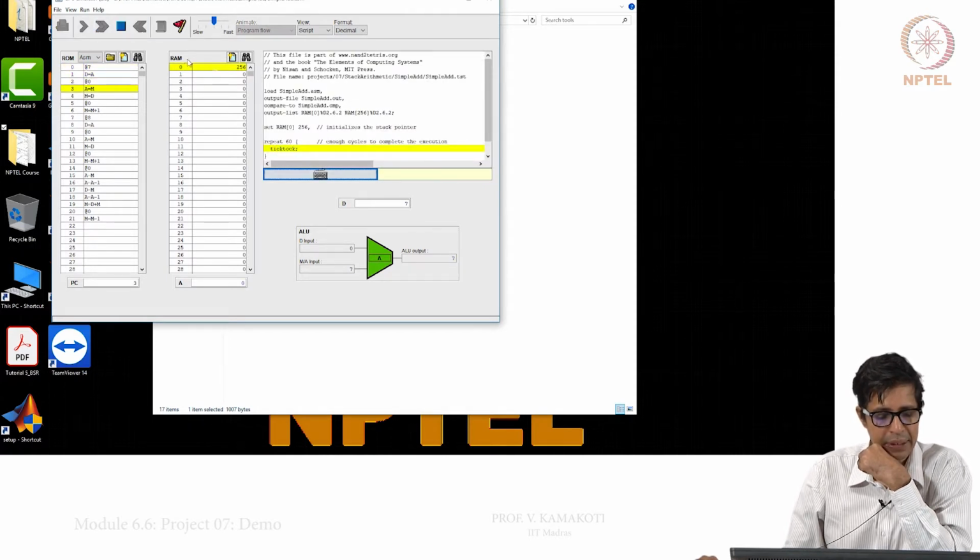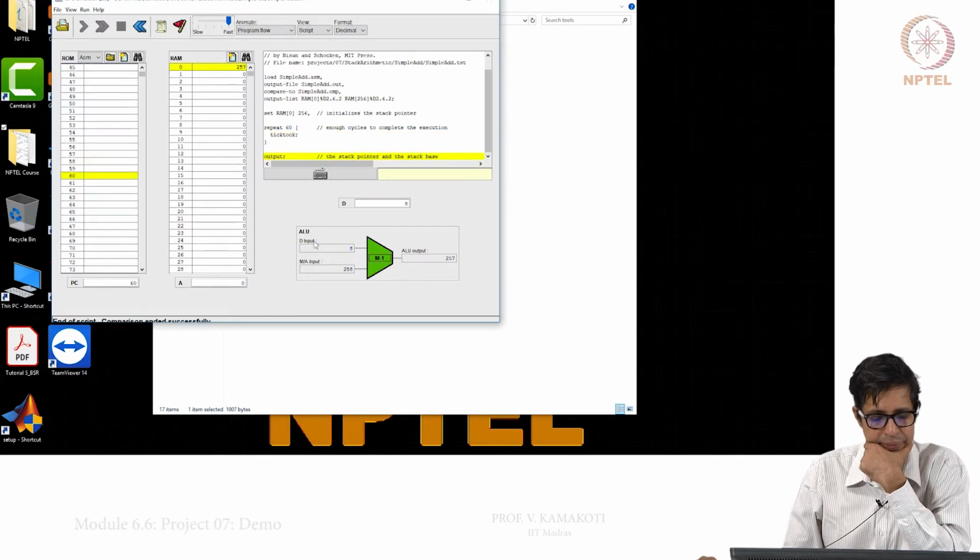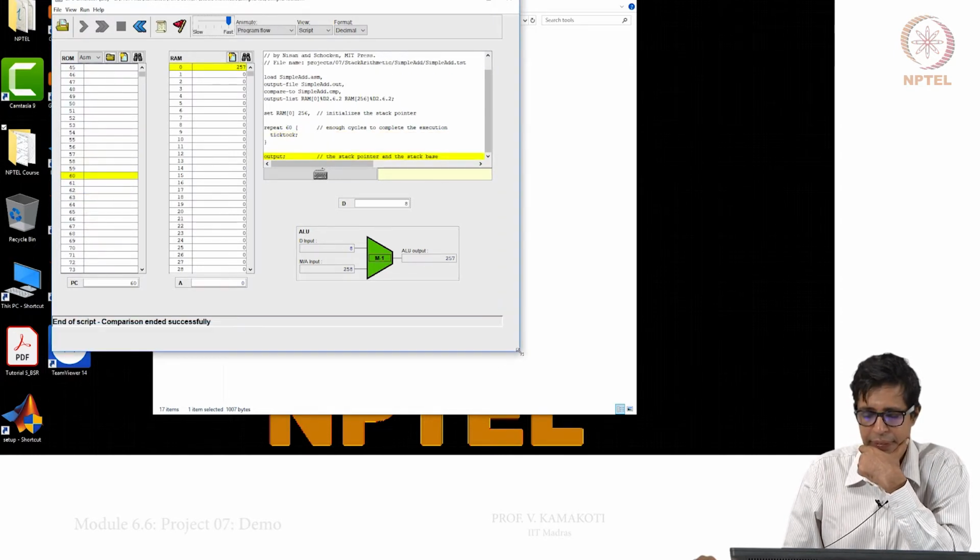So, we will run it completely, and make the simulation faster also. It says it compares. So, you need to load the script for each ASM file.